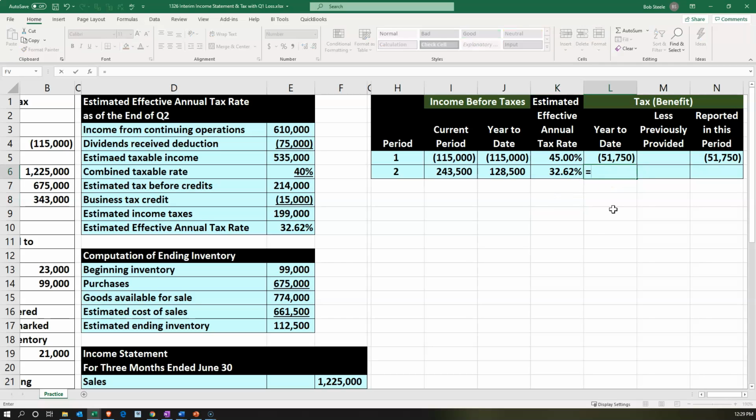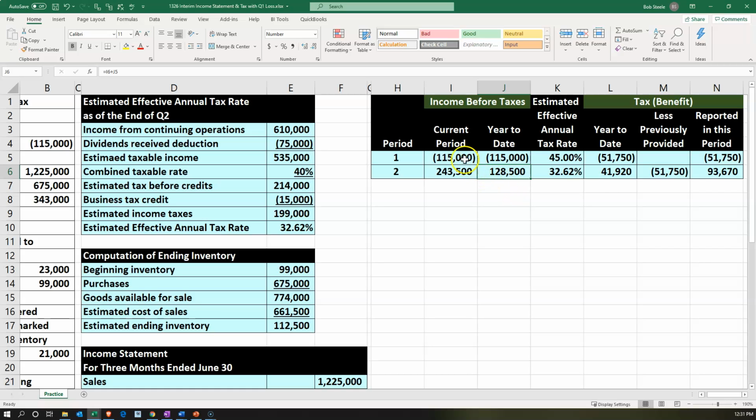So then at this point in time, we've got the 128.5, including the income for the second quarter minus the loss of the first quarter, times the rate, would mean tax of the 41,920. So last time we had this tax benefit, in essence, and this time now we have to actually pay taxes, right? So if we take those two into consideration, now it flipped from tax benefit to actual taxes. So if we subtract these two out, the 41,920 minus the 51,750, now we have 93,670. That's going to be the actual number in the second quarter,